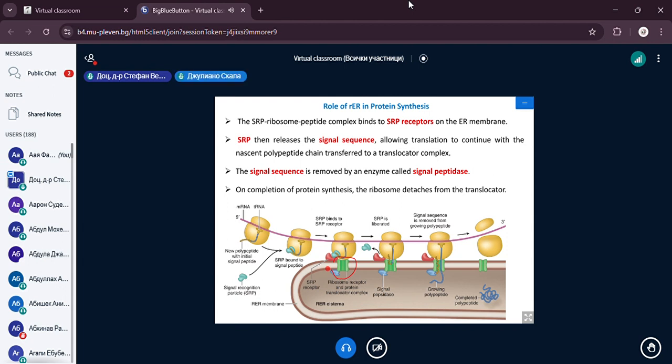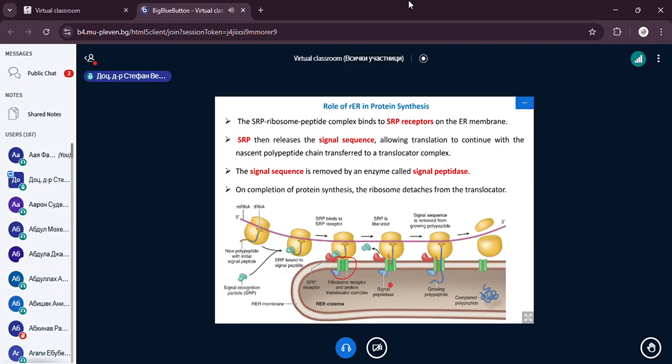And we see on electron micrographs these ribosomes which are producing proteins located on the surface of the endoplasmic reticulum. When this attachment happens, then the signal recognition particle is liberated and the newly synthesized protein is directed through the translocator complex inside the